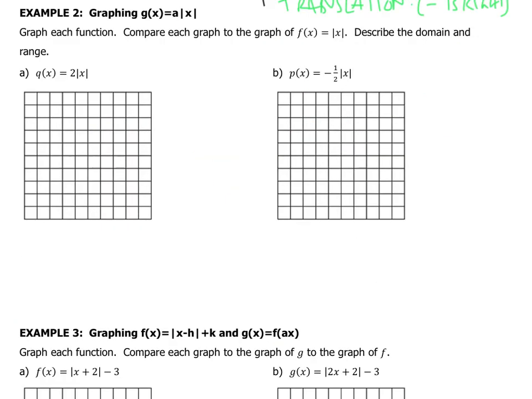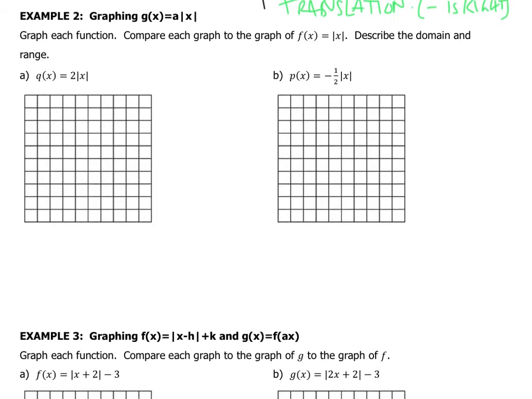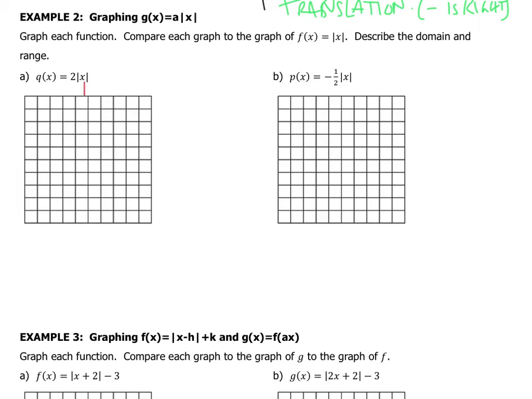All right, so on the next one. So here we have one where we have 2 on the outside, but it's in front of our absolute value. So this time what we're going to notice is that it is now multiplying by the absolute value or parent function. So let's just take a quick look on this one, and we'll kind of see what's happening here. So again, if I did my parent function, I'd have this, and this, and this. That's the f of x parent. When I do my q of x up top here,